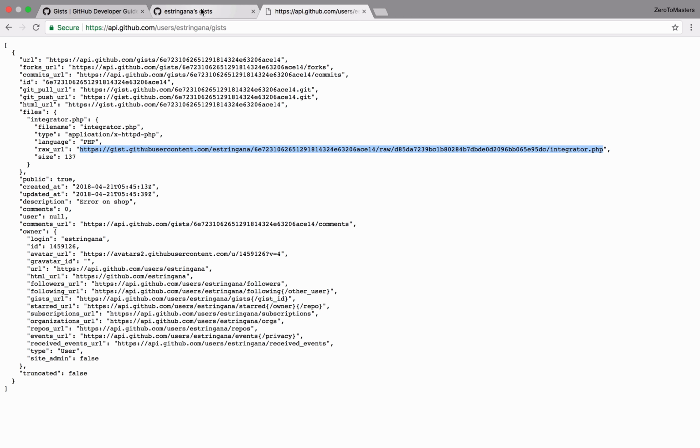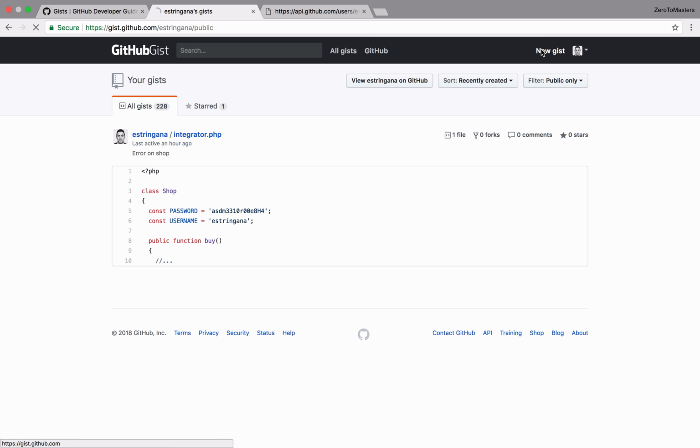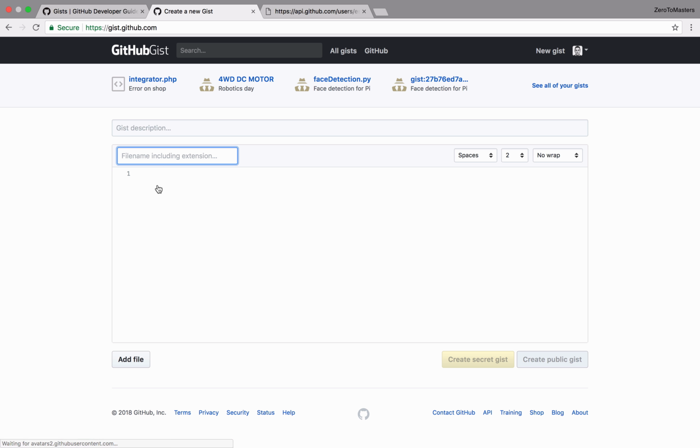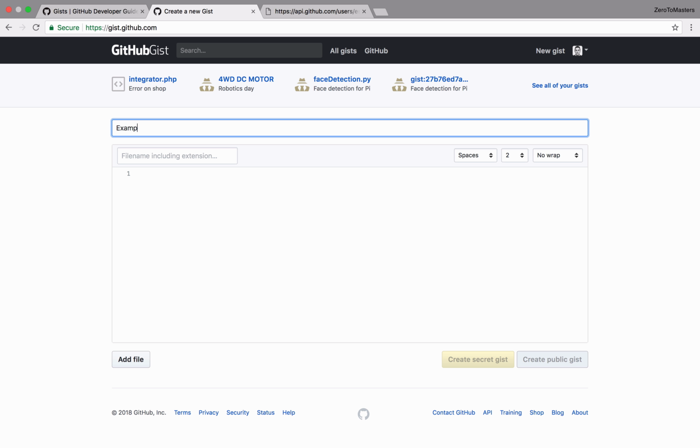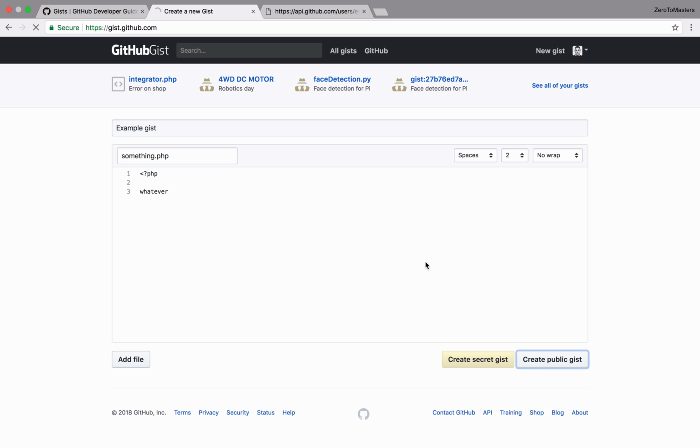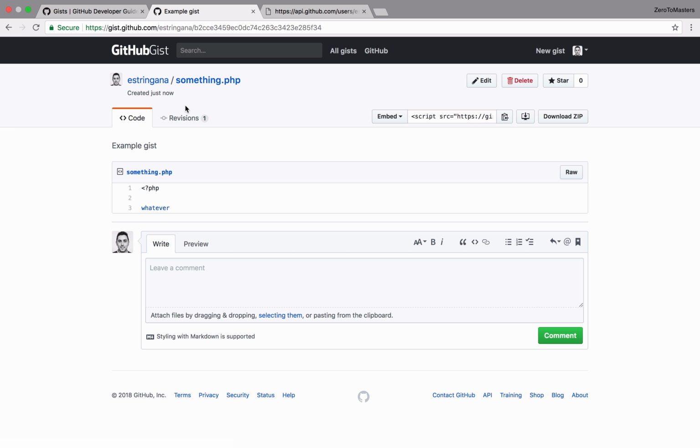But before we move on, let's create a second Gist. Example Gist something.php and whatever. It doesn't need to be real code. So we have the secret and the public option. We are going to create it public, so it will then show me the Gist.